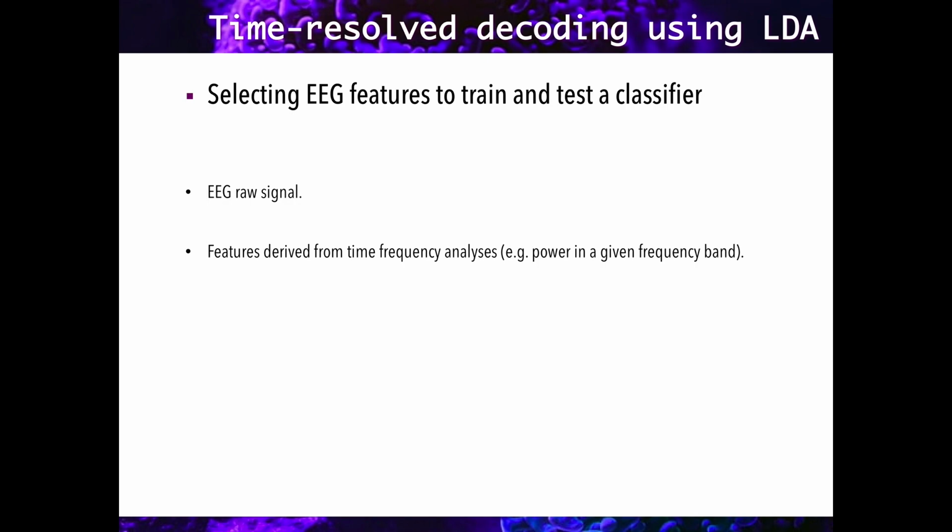For instance, if you are interested in using the phase in a given frequency band, keep in mind the circular nature of this signal. Probably it makes more sense to use an RSA approach with a circular statistic package or something like that. So it really depends on you and what your questions are.